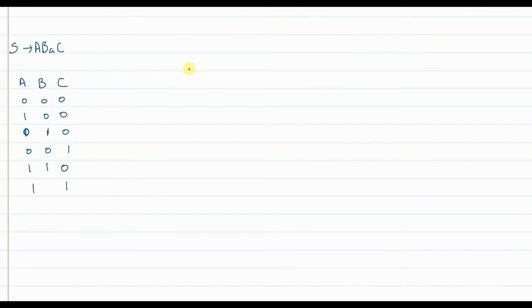A and C exist but B does not exist, and A does not exist but B and C exist. So these are all the possibilities, and finally the last possibility is that all three exist. So these are all the possibilities. If we consider the first possibility that A, B and C all three do not exist, then what you get